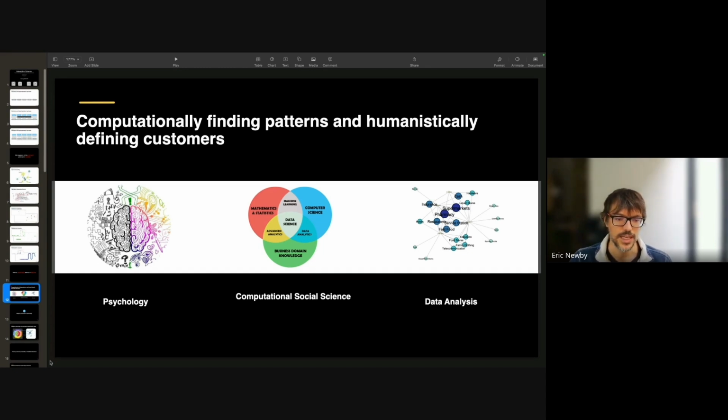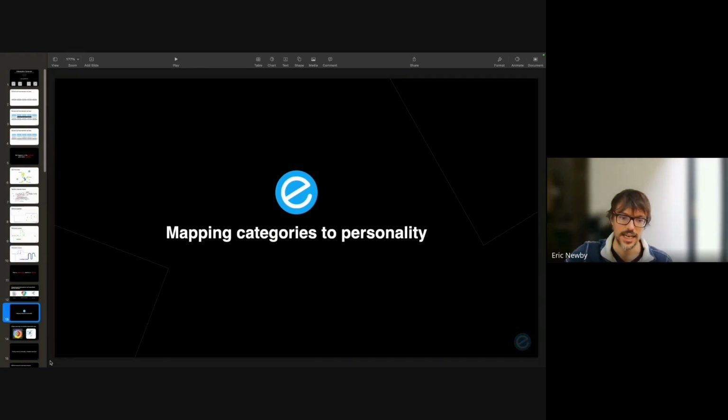And what we do then is use these fields of expertise to define indicators of that engagement or that relationship, the state of that relationship and your personality with that company, and then take those indicators and map them onto a personality construct, and then define a set of algorithms to map people onto that personality construct, based on their data and indicators.